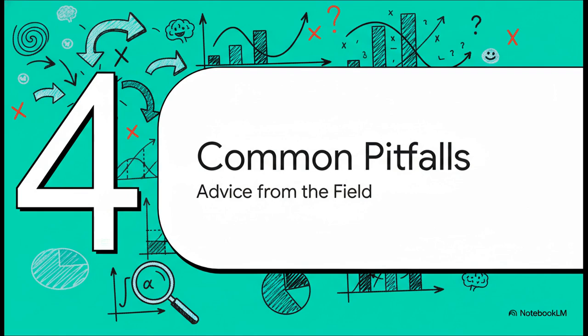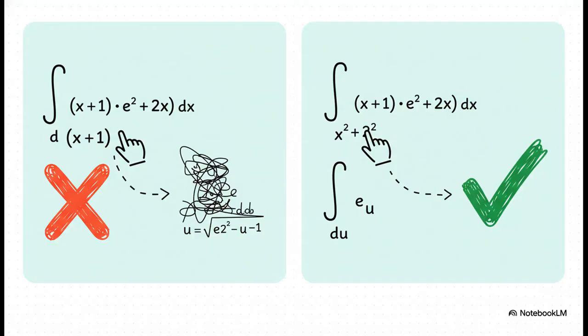But believe me, there are a couple of small mistakes that can lead to big errors. So let's go over a couple of these common pitfalls so you can avoid them in your own work. The single most common mistake I see is choosing the wrong u. If you make the wrong choice, what happens is you'll get through step 2, find your du, and it just won't match the other parts of the integral. Your substitution doesn't actually simplify the problem. The key is to always look for that relationship. Choose the inner function whose derivative, or at least a multiple of it, is sitting right there next to it